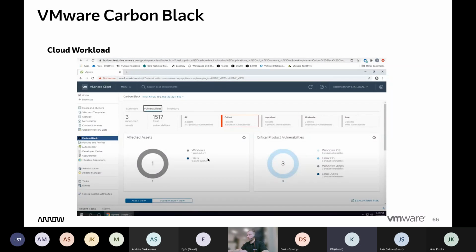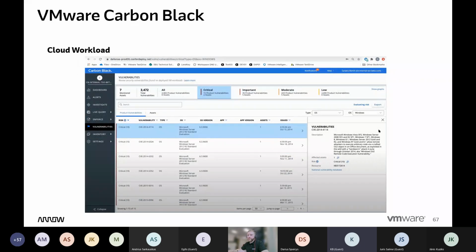Another dashboard view and overview of what sort of workloads you have running OS-wise and what sort of vulnerabilities they are currently having. And this is pretty much the same view, but from the Carbon Black dashboard, as mentioned before. You can see all of those machines over here as well, but